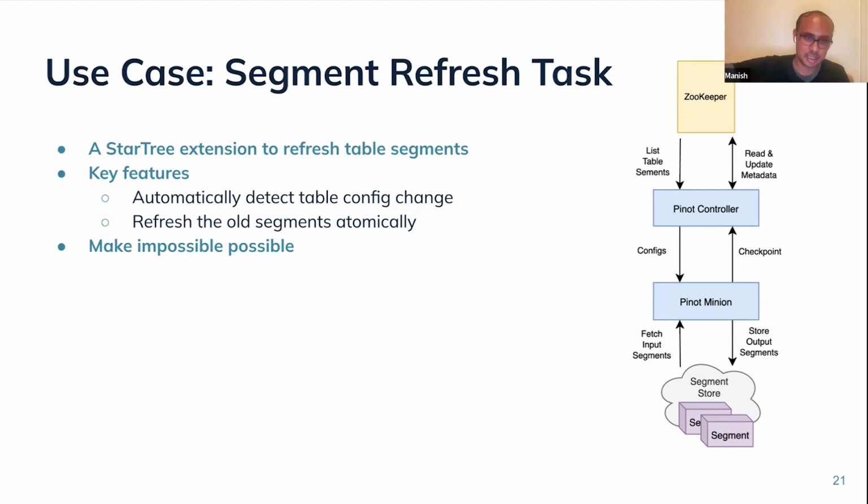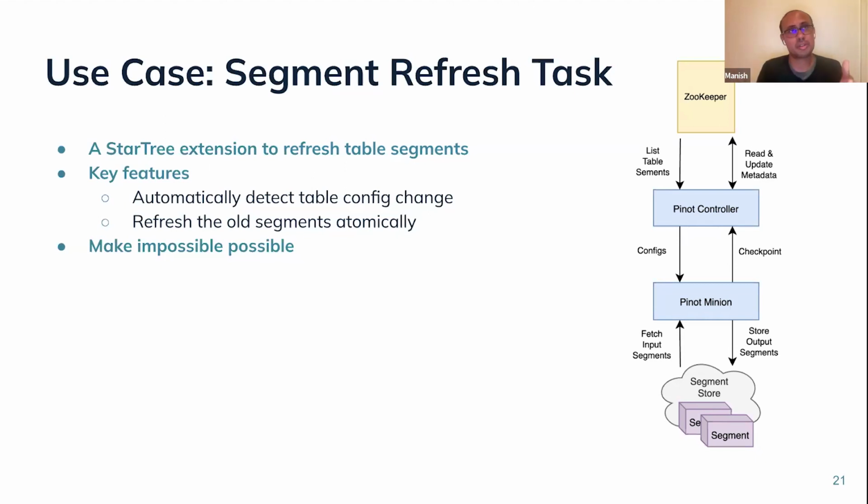And it's able to detect this condition, pick those segments which don't adhere to the table config, and recreate those segments so that it actually meets the table config. So it magically does this: when you kick off this task, it detects this change, takes all these segments, atomically replaces them with no impact to production, and then creates a new set of segments for the table. So this is a very powerful task which we very often use actually.